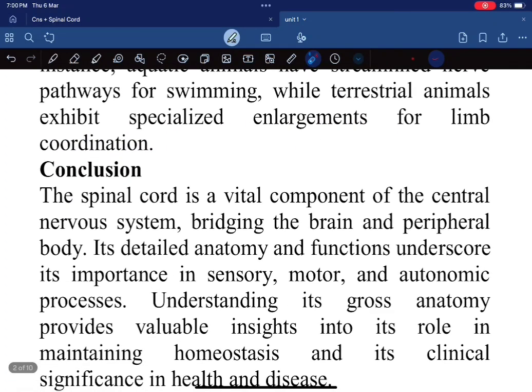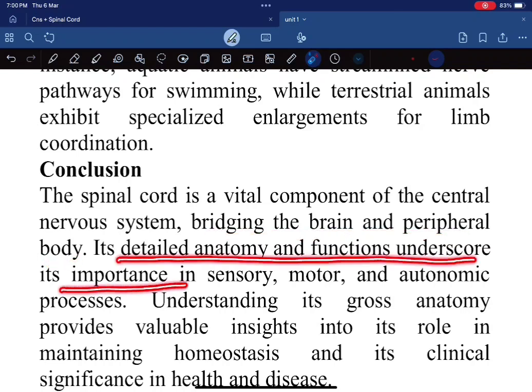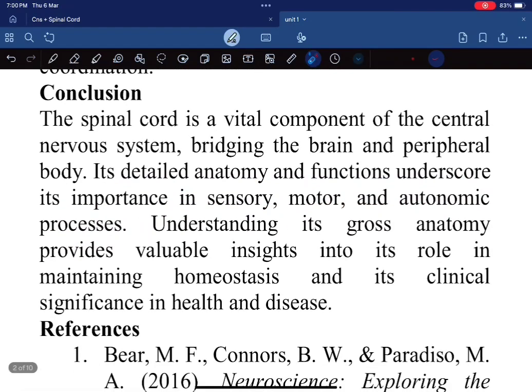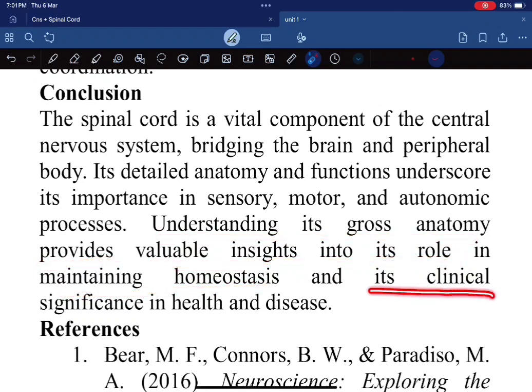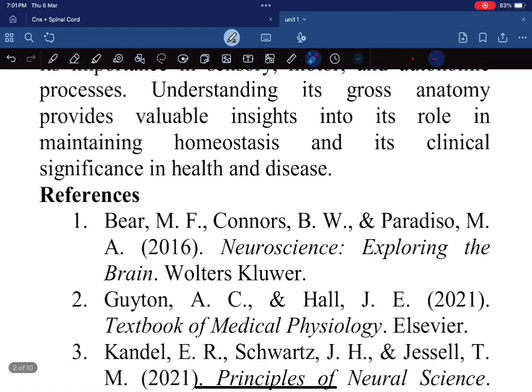Conclusion. The spinal cord is a vital component of the central nervous system, bridging the brain and the peripheral body. Its detailed anatomy and function underscore its importance in sensory, motor, and autonomic processes. Understanding its gross anatomy provides valuable insights into its role in maintaining homeostasis and its clinical significance in health and disease. References: